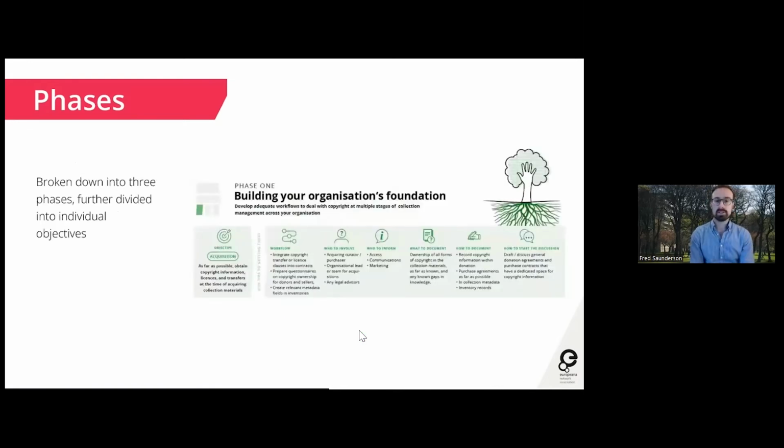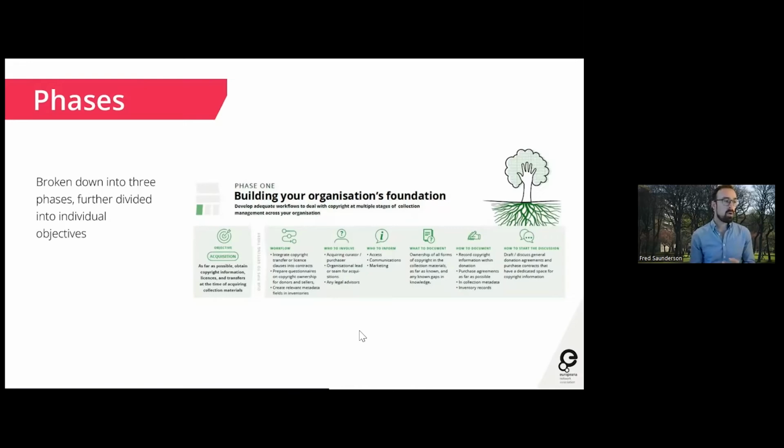And before I do this, I just want to highlight what these actually look like. If you've not looked at the guidelines yet, we'll give a link to the actual document at the end of the presentation. But basically, yes, we've broken down the work into recommended phases of activity, which are divided into specific objectives. And for each objective, we tell you the objective, and then we tell you our recommended steps to get you there. And in most cases, this is about describing the workflow that we recommend is followed in pursuit